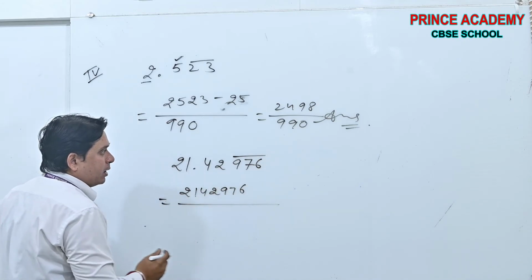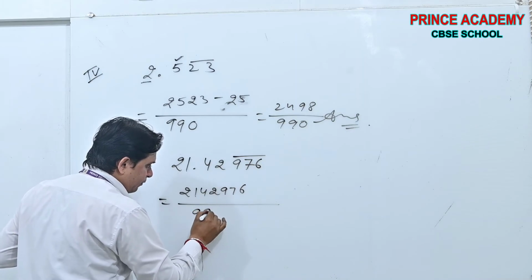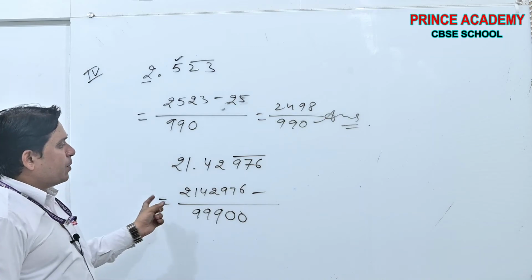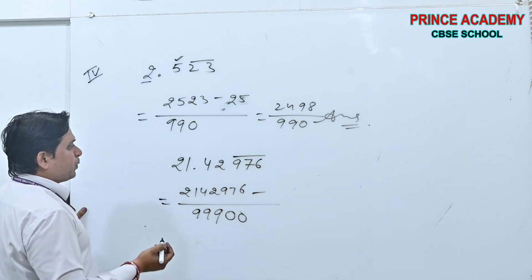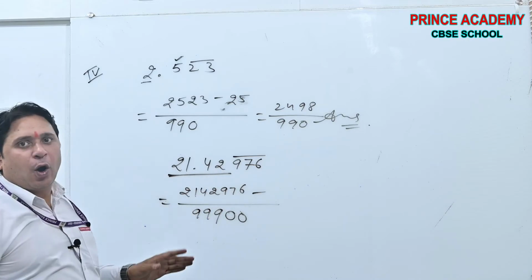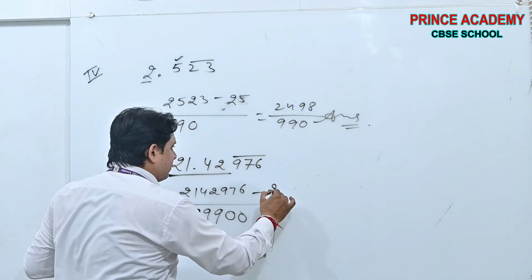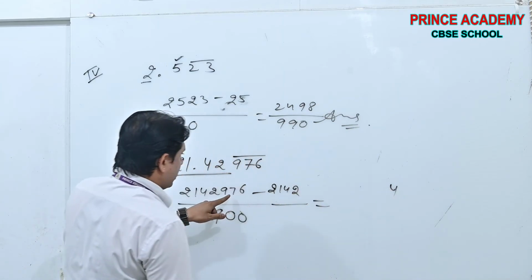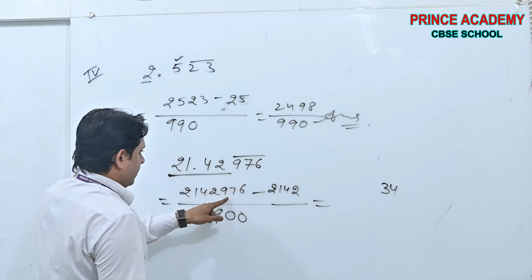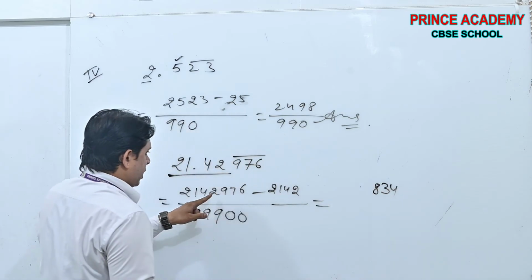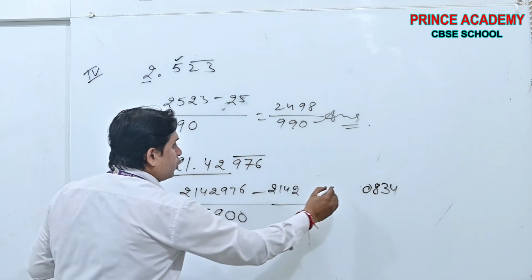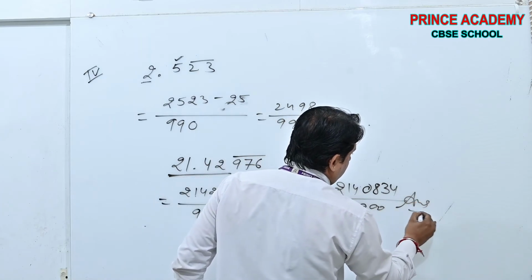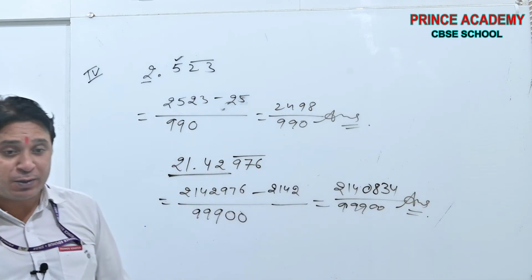Now for the denominator. How many are repeating? 3. Non-repeating 2. Minus. And in numerator, minus which portion? This portion. Before repeating, whole portion will be subtracted. Okay. And your answer will be 6 minus 4, 2, 4. 7 minus 4, 3. 9 minus 1, 8. 2 minus 2, 0. 2, 1, 4. Divided by 999, 000 also. Okay, beta. So simple, these 4 types.